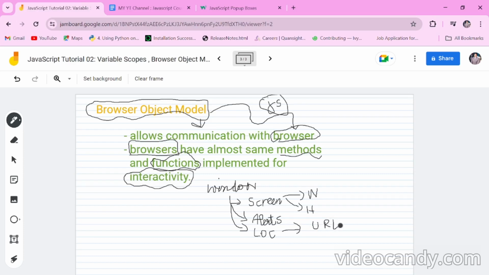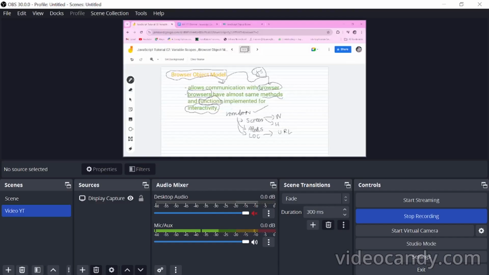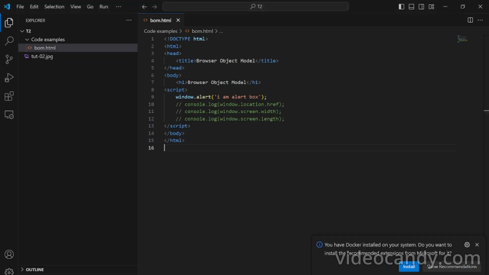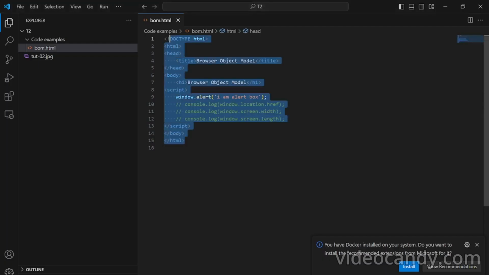Now we will cover a working code example to see how the window object can be used. Okay guys, this is a simple browser object model example in which we will see how to create an alert box and how to use the location and screen functionality of the window global object. Let's see first how this alert box works. It basically works